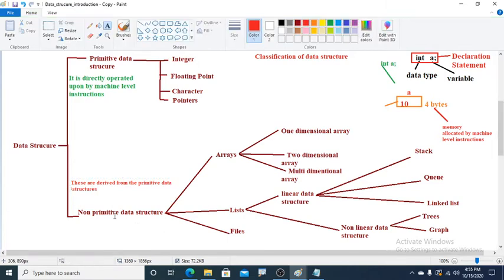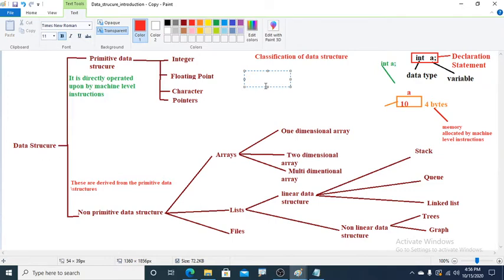Let us understand the non-primitive data structure definition. It is a very easy definition. Primitive data structures, all of you know it. What we are doing is deriving. Non-primitive data structures are derived. Consider one example, and we will understand very easily. I'm taking here int a of 10, a of 5 you can take, a of 4 you can take, whatever it may be.